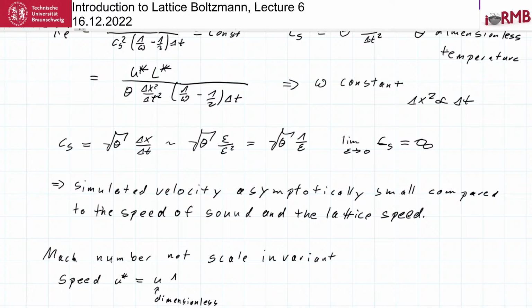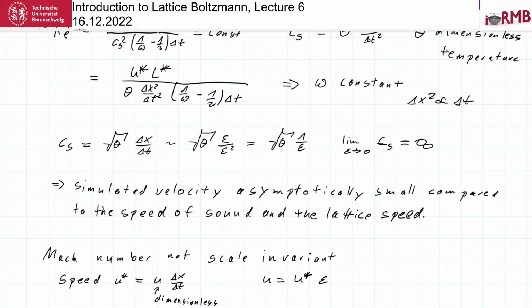Dimensionless into delta x divided by delta t. Okay? So which means that the velocity we see in the simulation is the physical velocity times an epsilon. Yeah? So this is what I just said. You make epsilon smaller, you make the lattice Boltzmann velocity smaller, therefore errors in velocity will